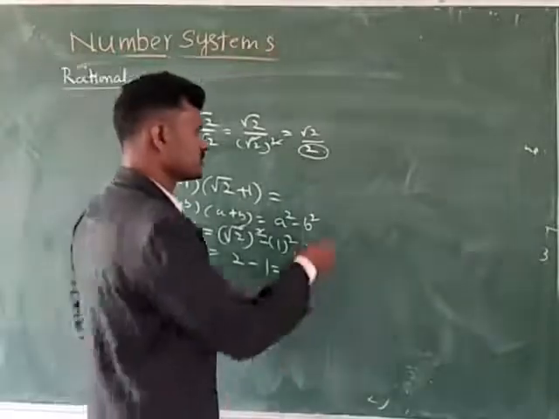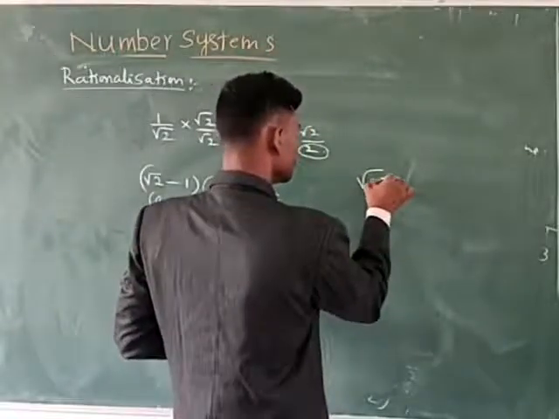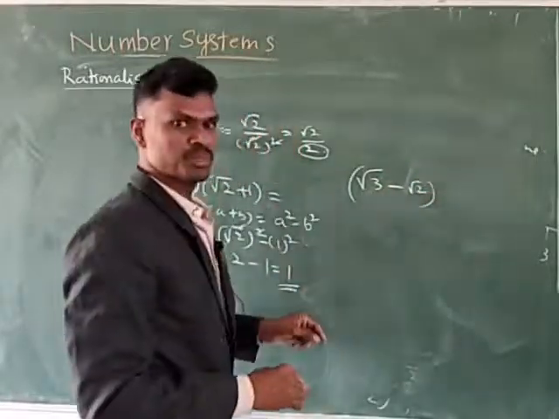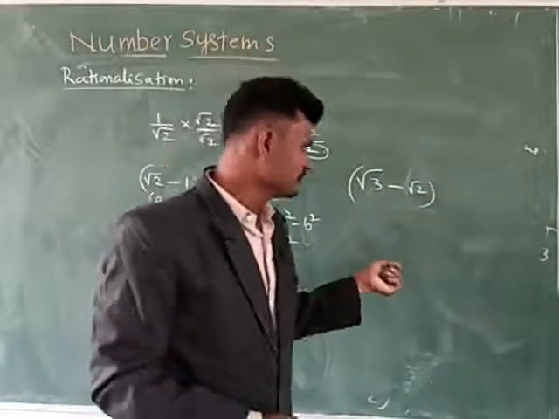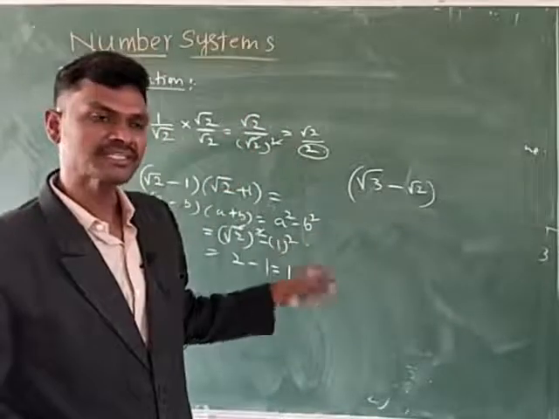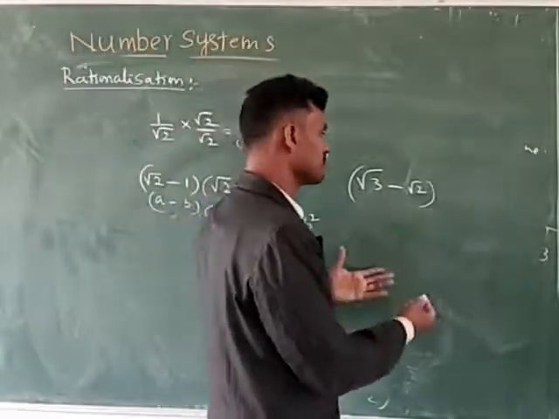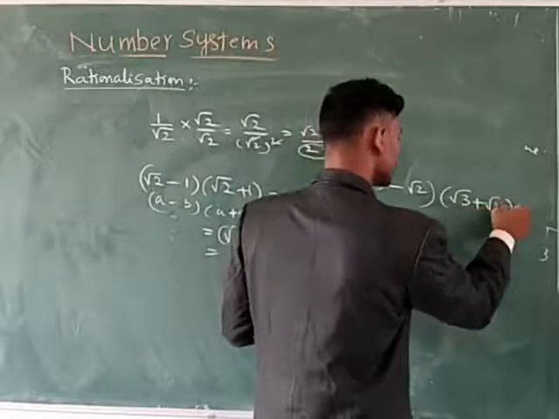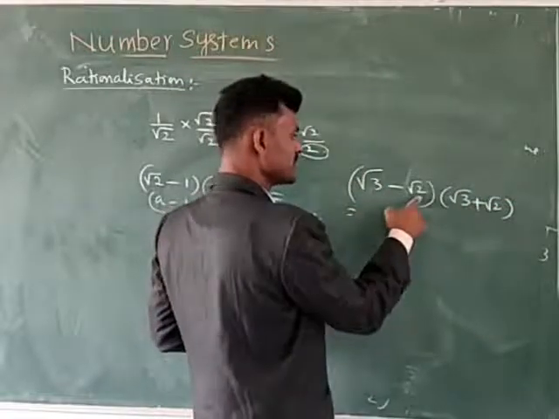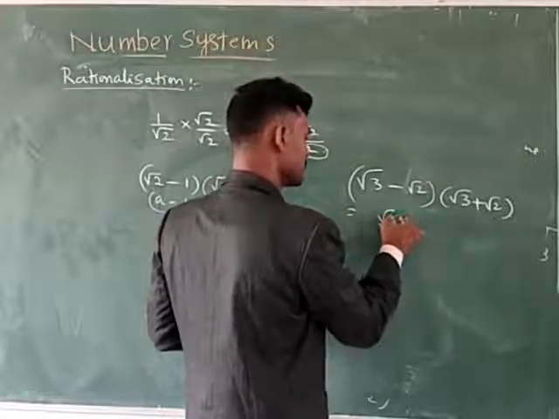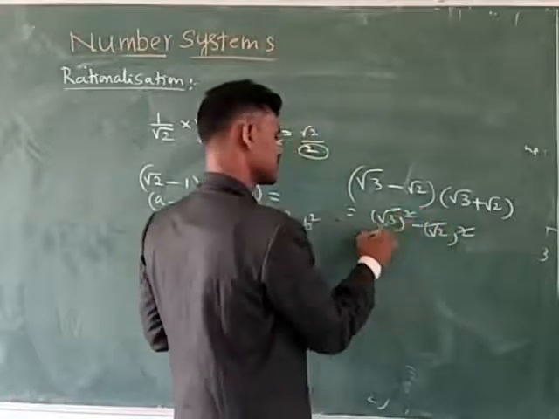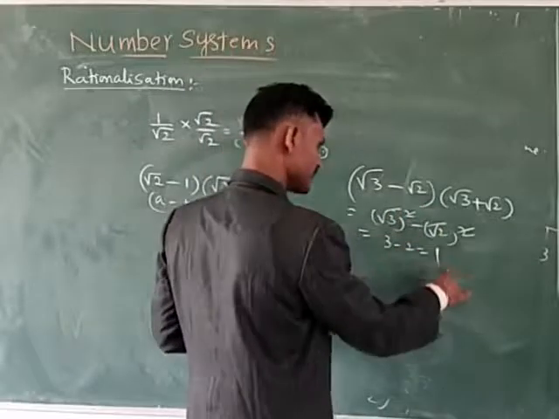Suppose another example here, root 3 minus root 2. This is an irrational number, and we have to find its rational factor, the number we multiply by so that it becomes a rational number. Here it is root 3 plus root 2. Now this is (a minus b) into (a plus b): root 3 whole square minus root 2 whole square. Then this one cancels, this one cancels. Here 3 minus 2 is equal to 1. This is also